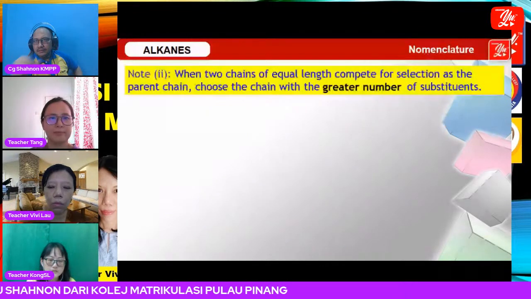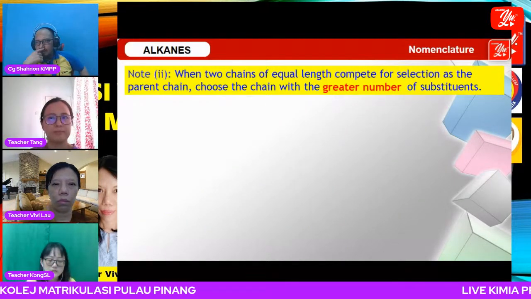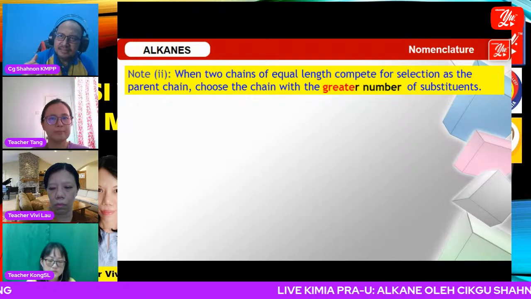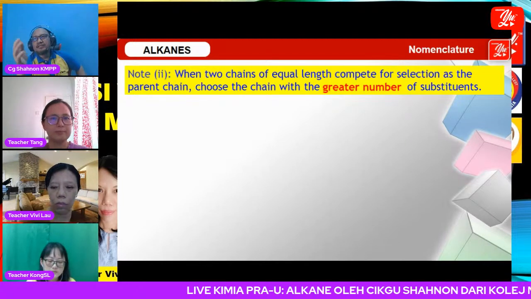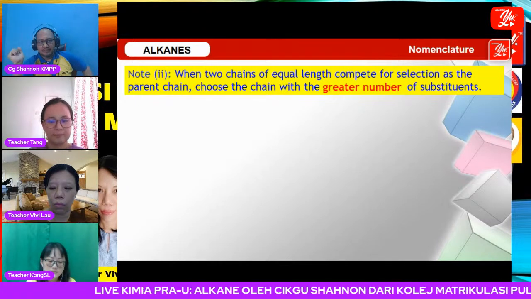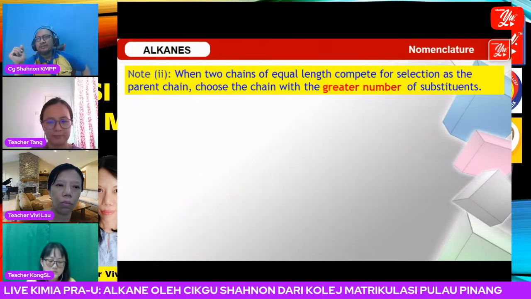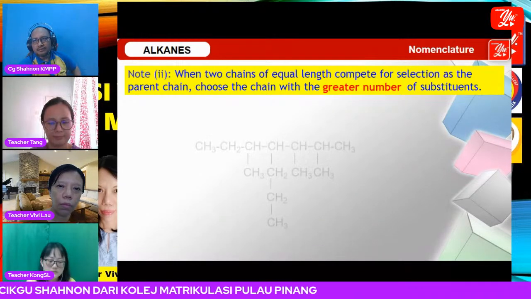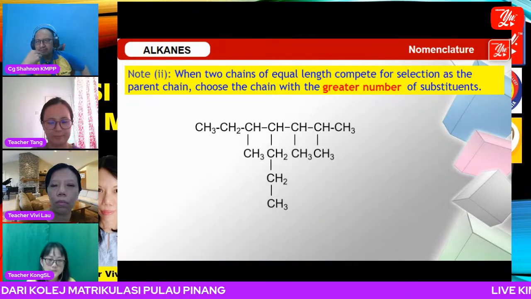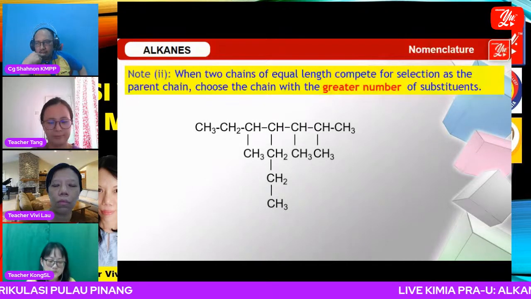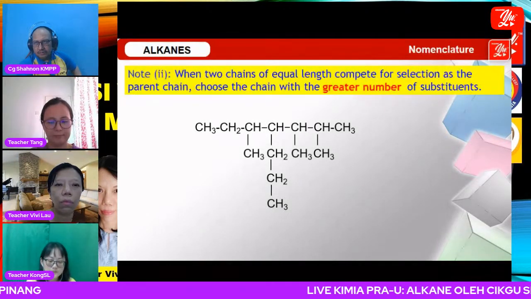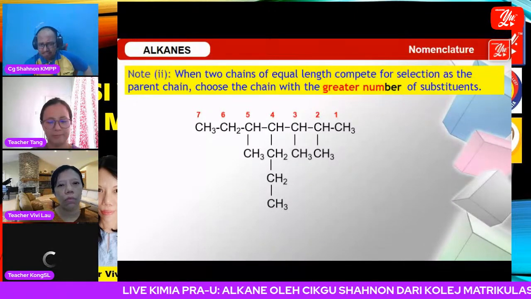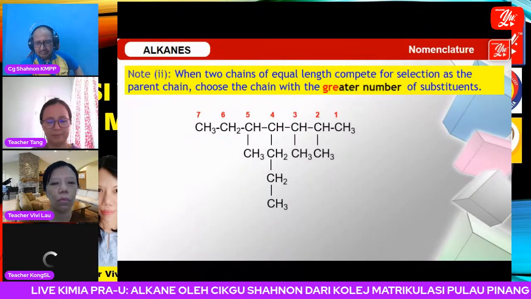Note number 2. When two chains of equal length compete for selection, choose the chain with the greater number of substituents, like this. First, we have to find the longest continuous chain. 1, 2, 3, 4, 5, 6, 7. We have 7 carbons,